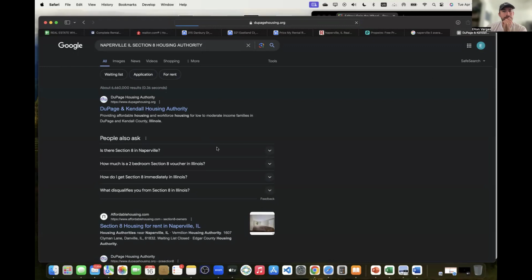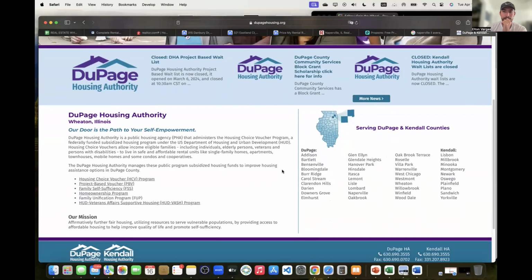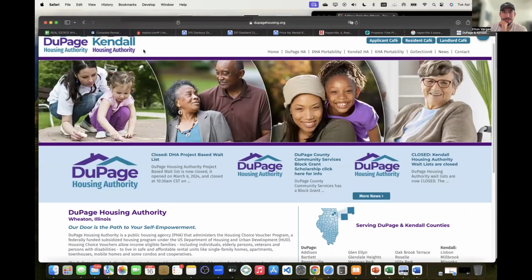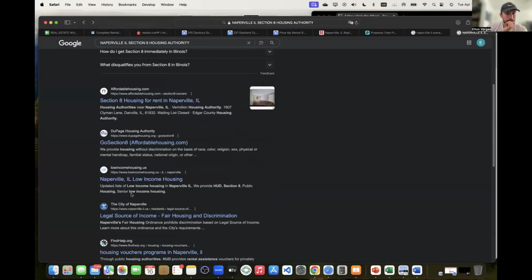But dupagehousing.org. I need to figure out what the numbers are for Section 8. Home ownership program, home veteran affairs. Hold on, where's my... that's not it. Where's the rates? Where's the rates? Section 8 housing,